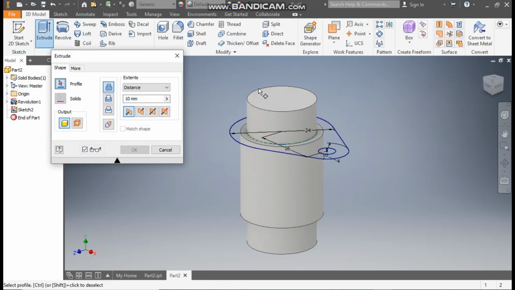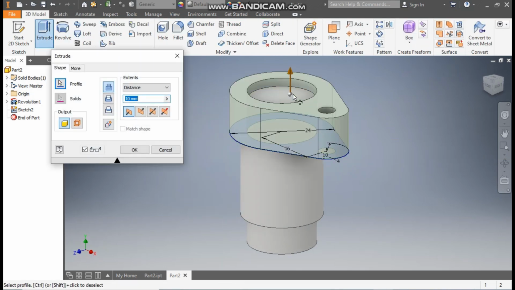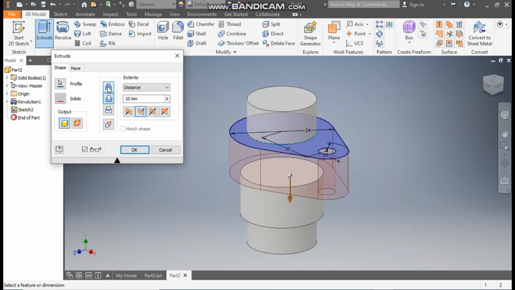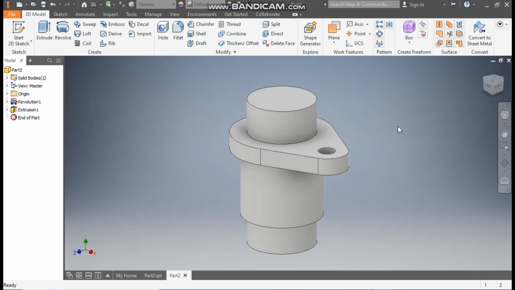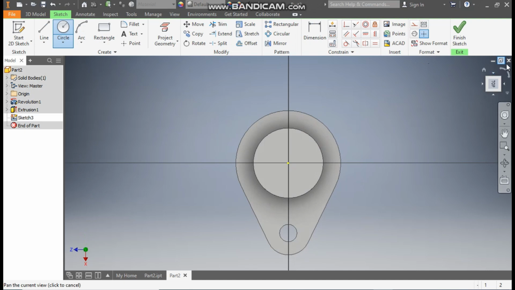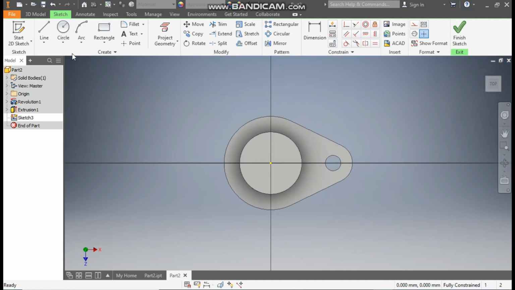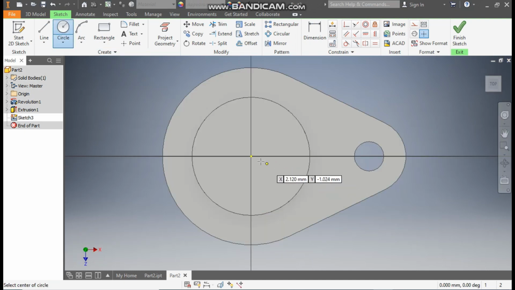Take extrude, select this profile, select this middle profile and here flip the direction, go to join and here we'll take an extrude of 4 mm and press OK. Okay. Now select this top face, go to create sketch, rotate the view, take a circle command here or first